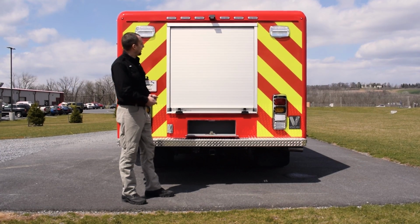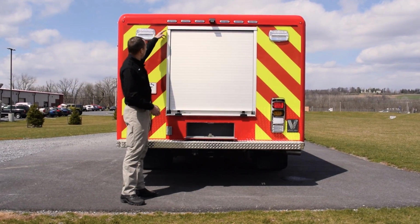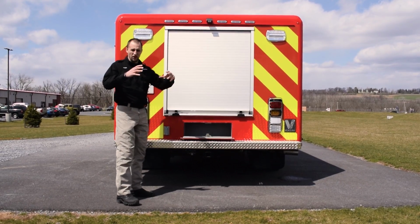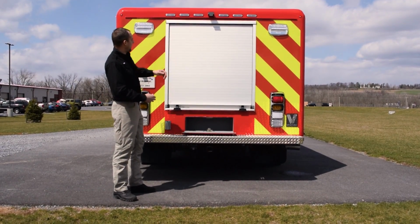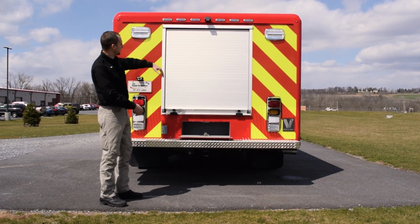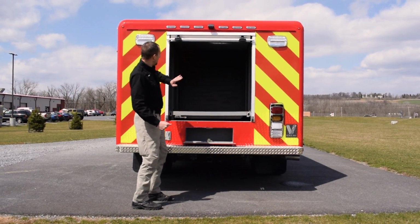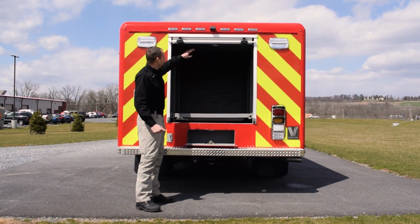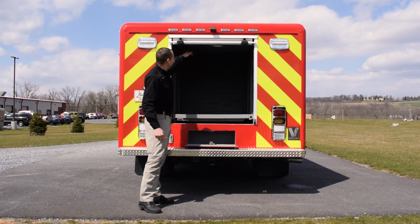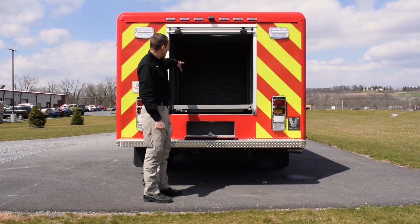On the back here we have a roll-up door. If you notice the side roll-up doors, you need what we call a header space in here to handle that roll. Well, by doing that in the back, you make the hole smaller. So instead of doing that type of roll-up door, this is still a roll-up door, but it's a garage door style door, letting that door go up into the headliner because we have the space to do that. So we have a nice big opening here in the back,